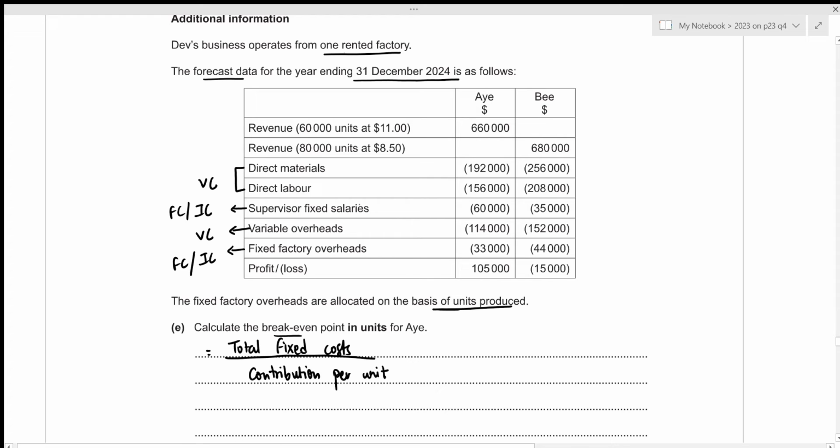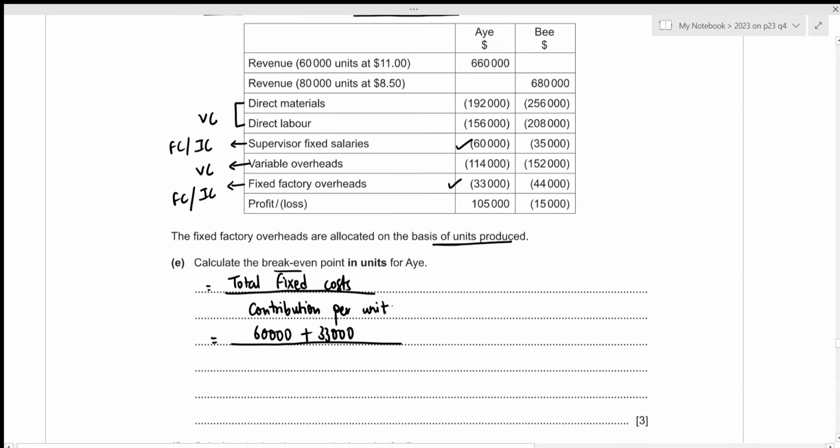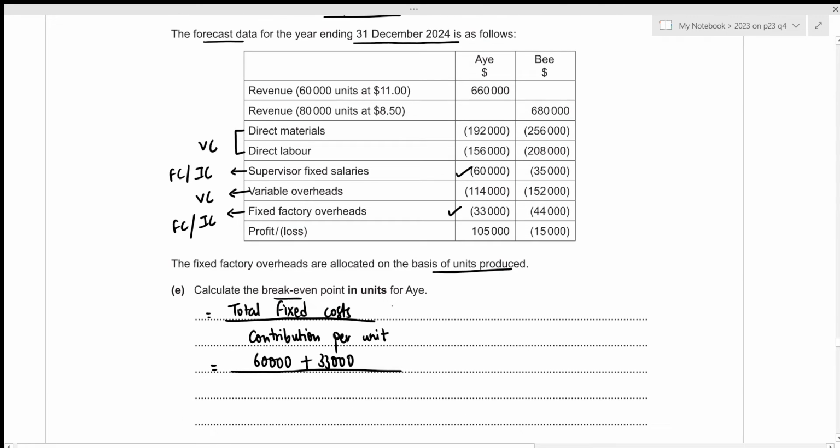We've already figured out that the supervisor salaries of 60,000 and fixed factory overheads of 33,000 will be the total fixed cost for A. So that will be 60,000 plus 33,000 as part of our numerator. Now for the denominator, we need the contribution per unit. And in this case, I think it would be easier to calculate the total contribution and then divide it by